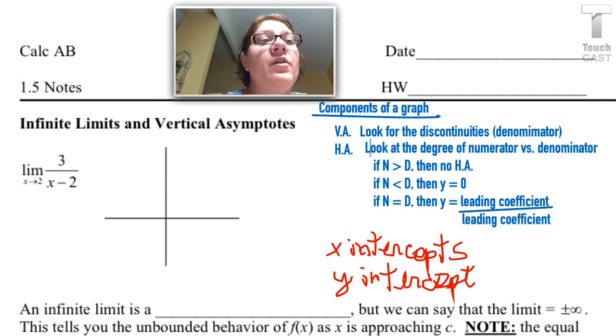But to find the vertical asymptote, I'll look for the discontinuities. In other words, I'll look at what makes the denominator equal 0. And then for the horizontal asymptotes, I have to compare the degrees of the numerator and denominator. And if the numerator is bigger, there's no horizontal. You might remember that if the numerator is bigger by just 1,